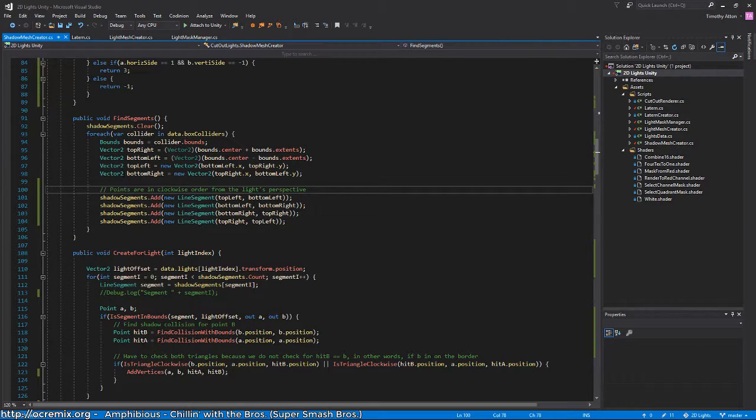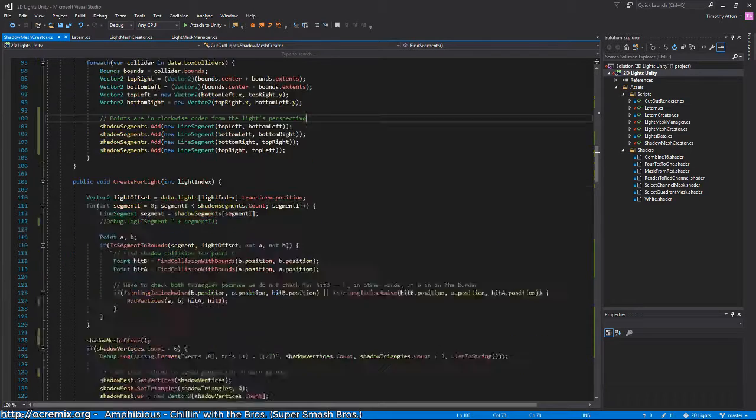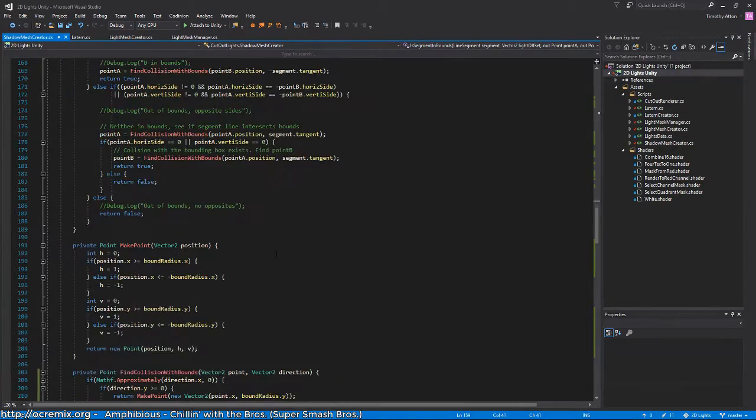If the light is on the left of this segment, then clockwise would be top to bottom. And then here's the bottom, so clockwise would be left to right. Here's the right side, clockwise, bottom to top. It's going around like this. And then above, clockwise is this way, so it goes right to left. So that's right, but now I think